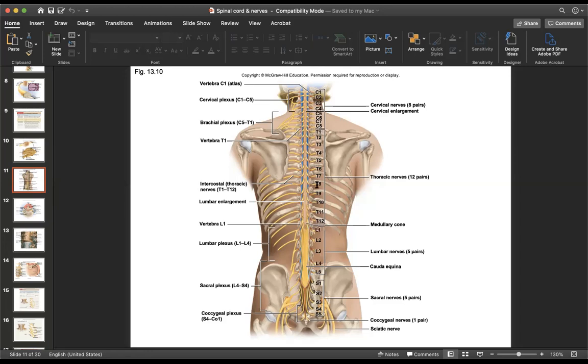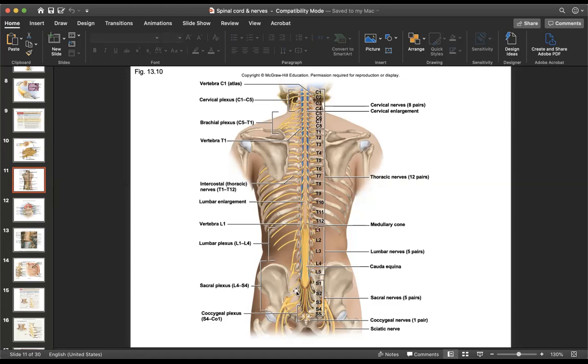T1 to T12, these nerves, as they leave, they just go out to the intercostal muscles between the ribs. The lumbar plexus is your L1 to L4, and you'll see some textbooks that call it the lumbosacral plexus. So they'll throw basically L1 to S4 in together as one plexus. And there is a little bit of overlap in some of these plexi, of course, so don't worry too much about that,